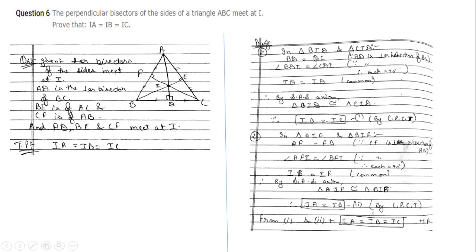First of all, I'm going to take triangle BID and triangle CID. In these two triangles, BD is equal to DC because AD is the perpendicular bisector of BC. BDI is equal to CDI because AD is perpendicular bisector. Perpendicular means this also makes angle 90 degree. So angle BDI is equal to angle CDI, each 90 degree. And ID is equal to ID, common thing. Side angle side axiom says these two triangles are congruent. And if these two triangles are congruent, we can say IB is equal to IC.